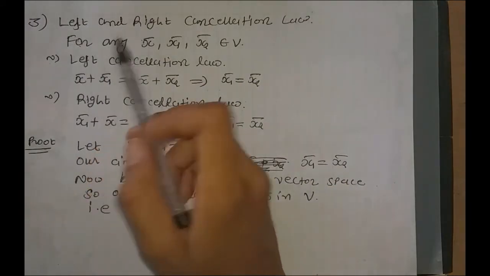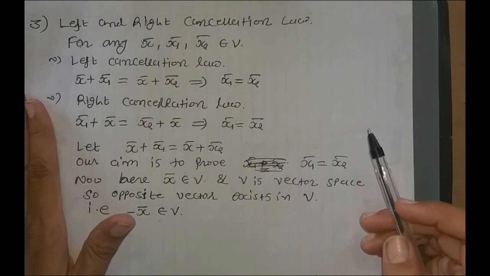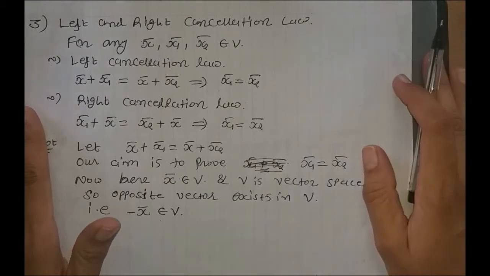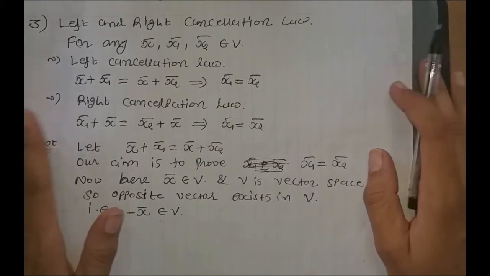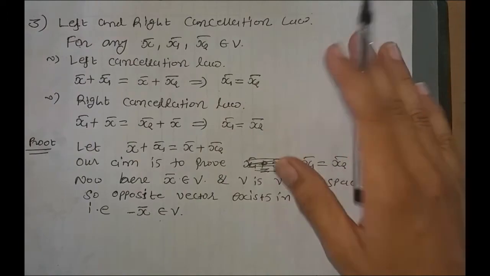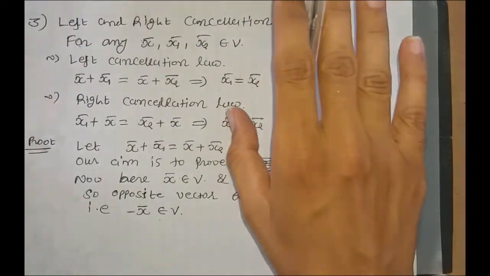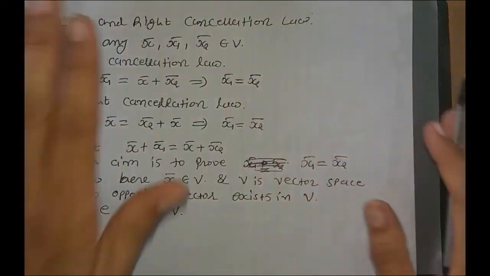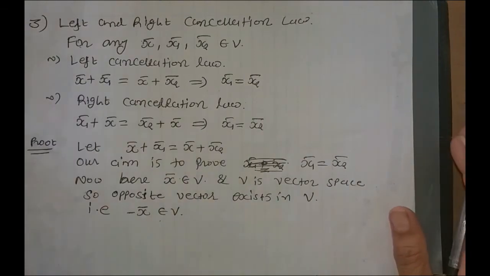Now the left hand side. This part is the left hand side of our book. This part is the right hand side of our book. This is our right hand, so it is the right hand side. This is our left hand, so this is the left hand side.